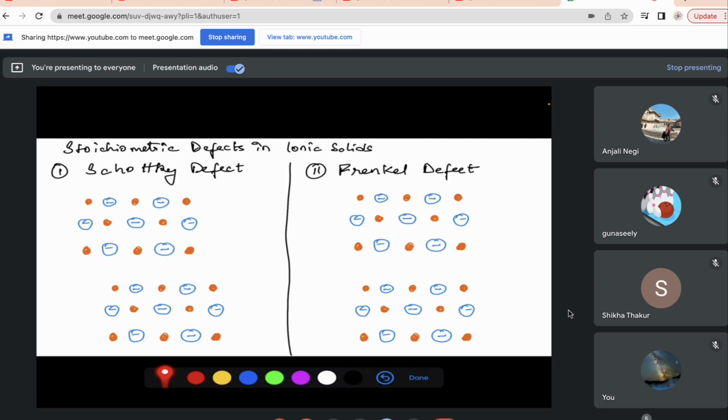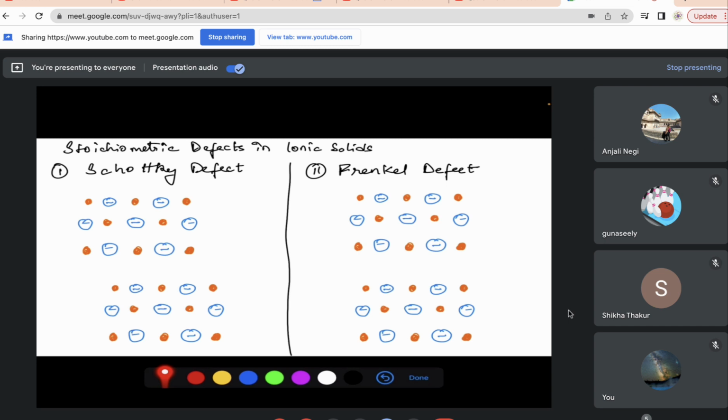This is a two-dimensional lattice where my cations are present as orange dots and my anions in negative blue. This is the arrangement in a two-dimensional lattice of an ionic solid. So if I go through this demonstration to understand Schottky defect,